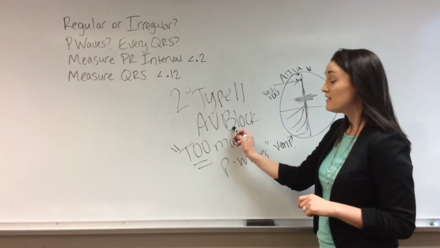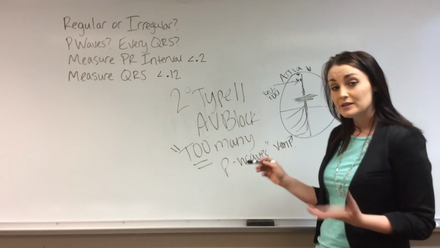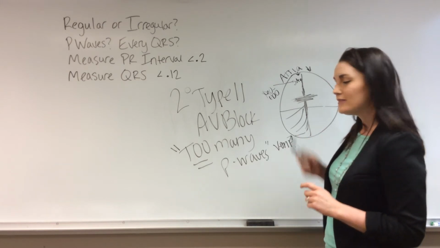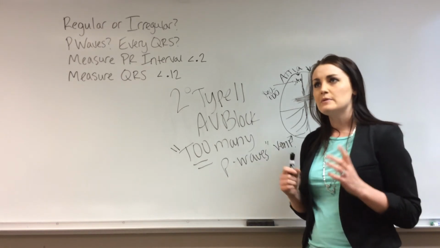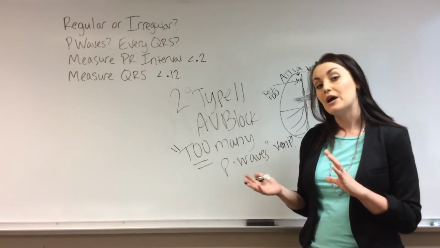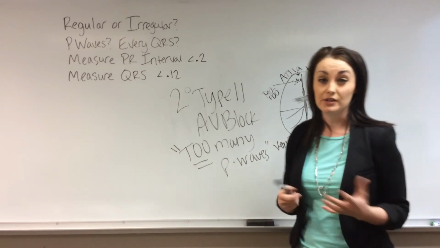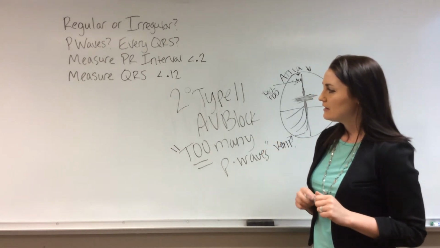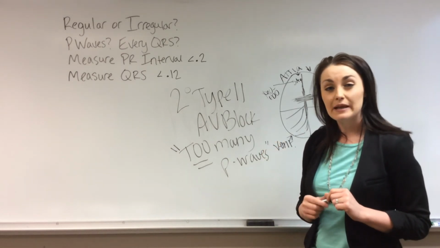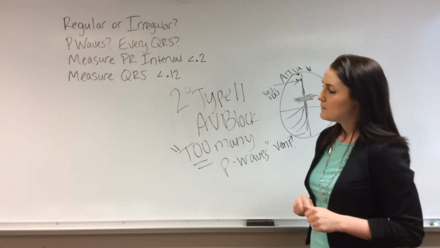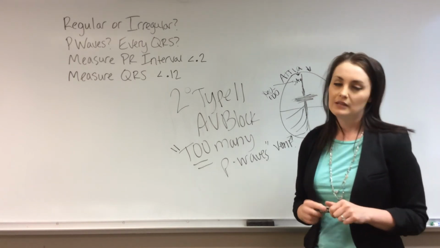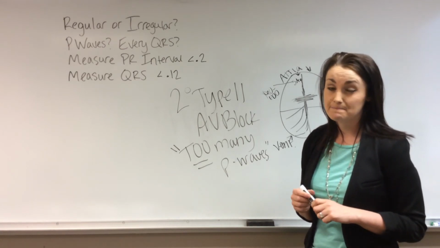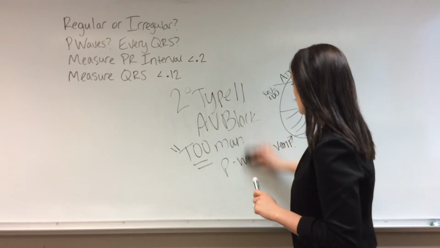So again, it's an AV block. It's an issue with the PR interval. And with this one, it can be a warning sign that they're going to progress into the next, which is a third degree AV block. With a second degree type 2, they may need a pacemaker at this point, but they definitely need monitoring to watch for them to progress into a third degree. And that's our next one,